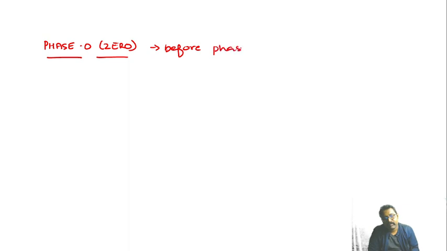Apart from that, you should also remember there is one more phase, that is phase 0. So what do you understand by phase 0? Phase 0 is usually done before phase 1. Why does it have to be done before phase 1? It is also called as suboptimal